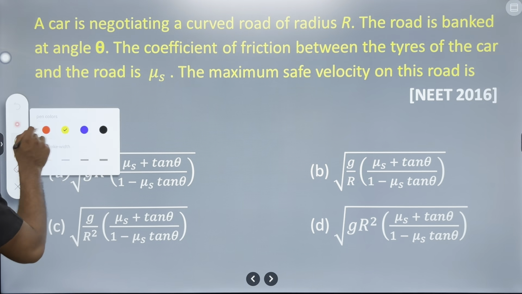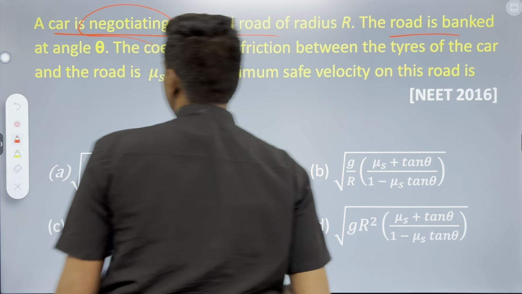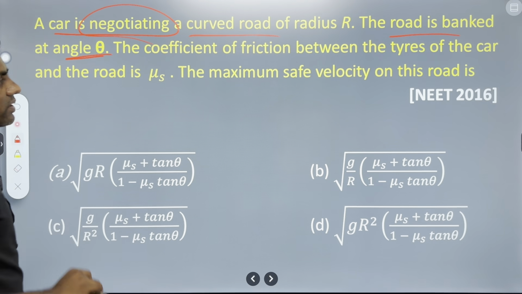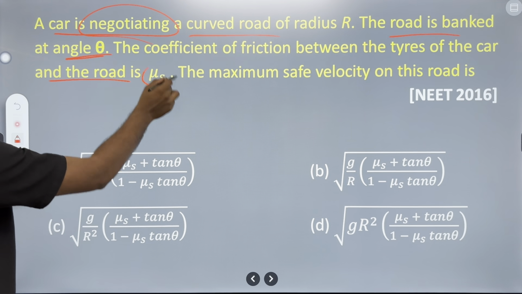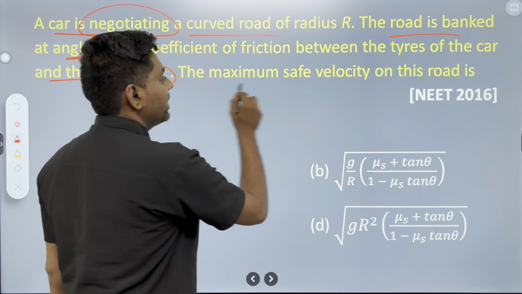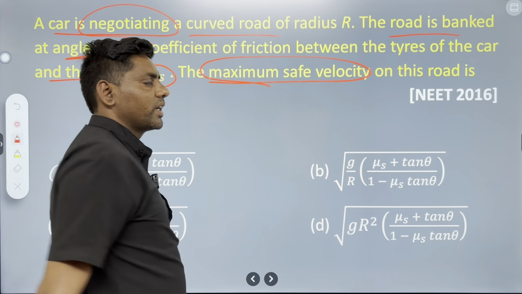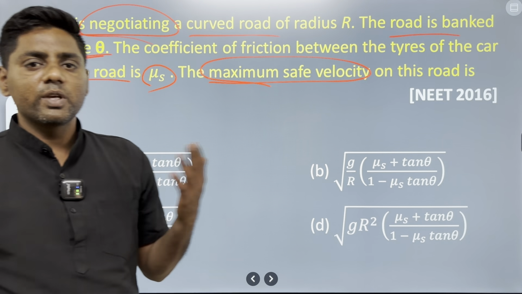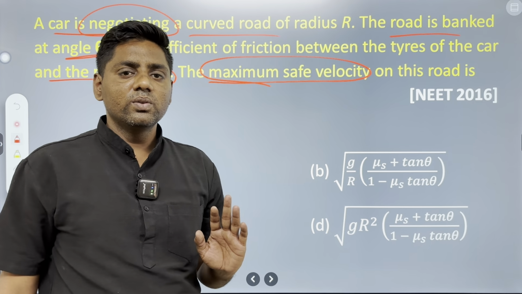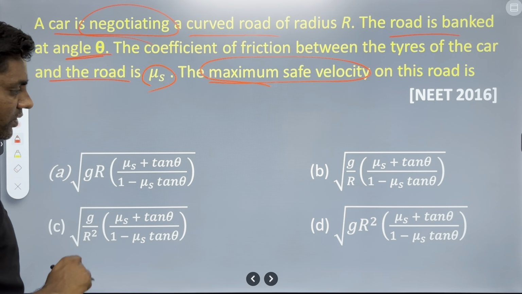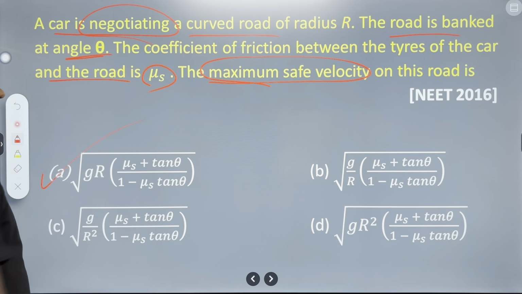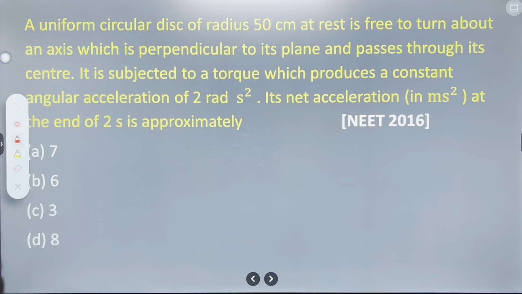a car is negotiating the curved road, मतलब कर्वेचर पे कार, road is at the bank, angle is theta, angle of banking is given, coefficient of friction between the tire and the road is also given, that is mu s. The maximum safe speed हमने ऑलरेडी प्रीवियस क्वेश्चन में देखा था, मैक्सिमम सेफ स्पीड, मिनिमम सेफ स्पीड और v स्क्वायर इक्वल टू r g tan theta. So the maximum safe speed formula, that is option number first, is the correct formula for the given example. Next,